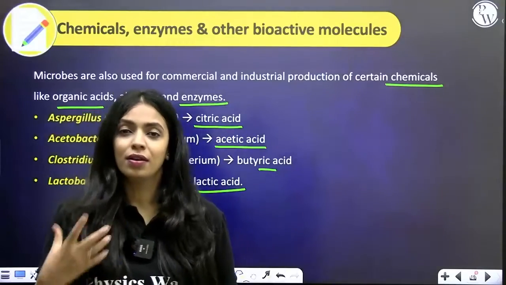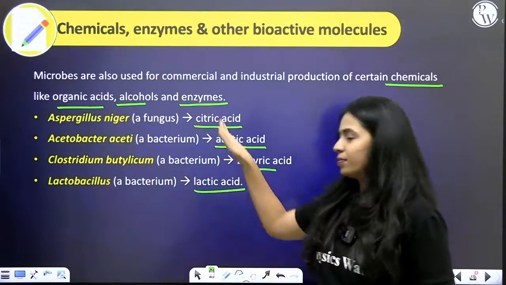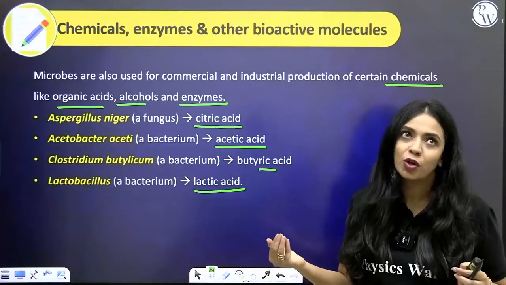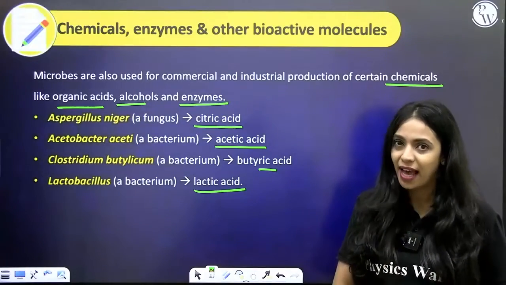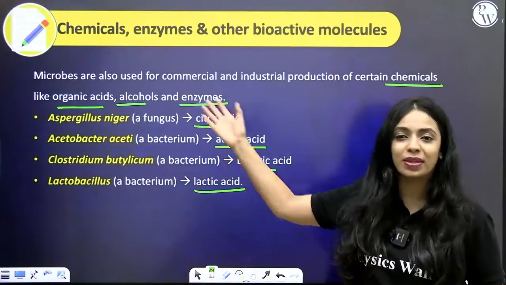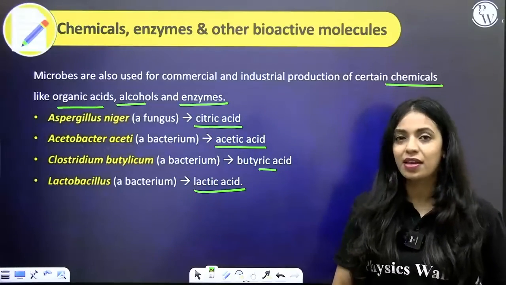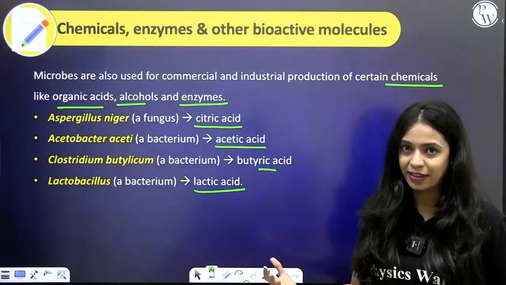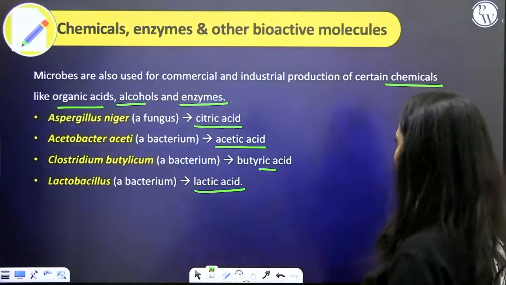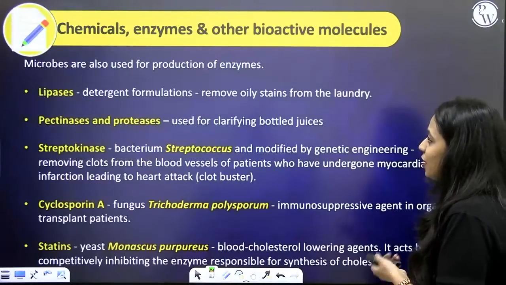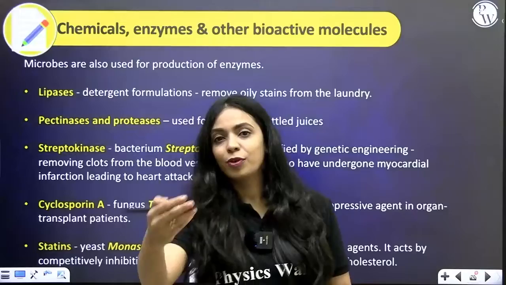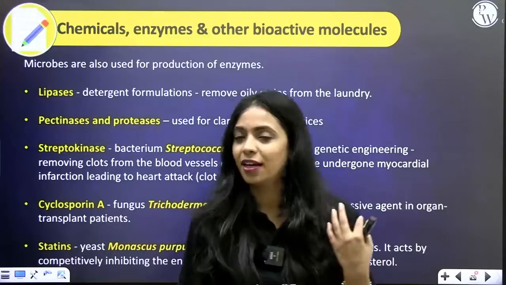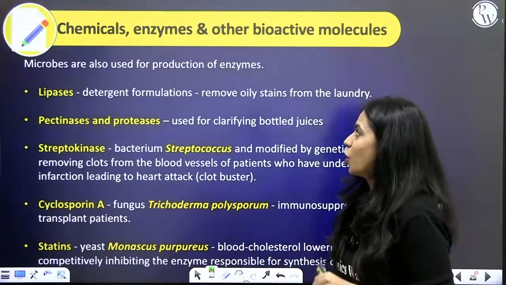So over here, for sure you'll have to remember which is the organism that produces what product. You could get questions like which of the following is a fungus that produces an organic acid. So you'll also have to know whether it's a fungus, whether it's a bacterium, what kind of organism it is. Because in entrance exams like NEET, questions can be asked in any way from NCERT. Alright, so it's important for you to memorize all of this. It might seem a little daunting initially considering there are so many names in this chapter, but if you write it all down once or twice and then try to close your eyes and recollect, I think it will become easier.